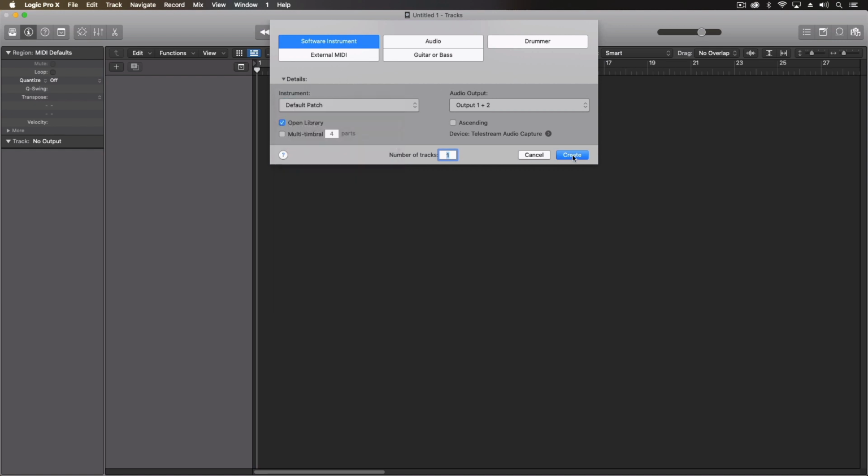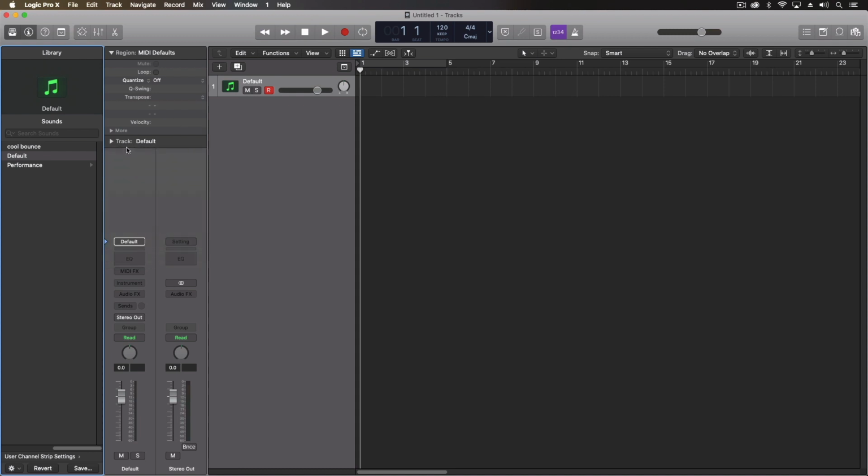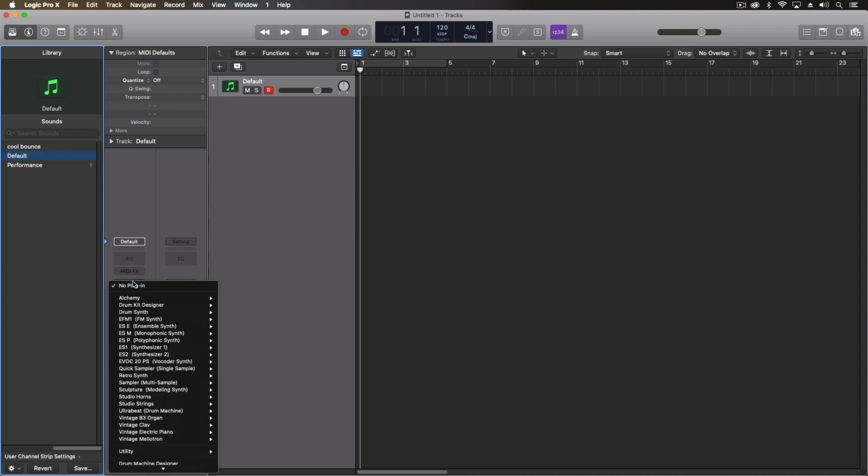I'm just going to do the default patch, and you'll see that that empty one that I just created, defined as the default, popped right up. Now, if you always want a certain thing to load up every single time, then this is a way to do that as well. So for instance, if I were to bring out sampler